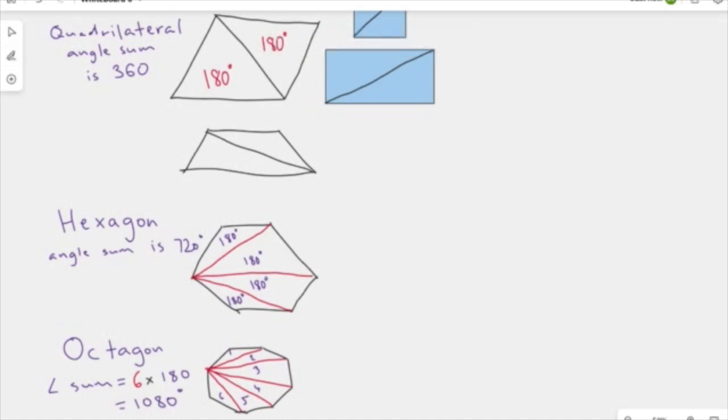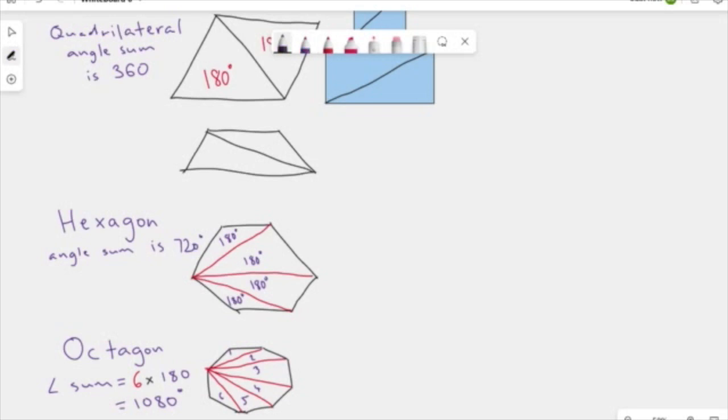So you can see, I'll get rid of this so you can see, our quadrilateral had 4 sides and we made 2 triangles. Our hexagon had 6 sides, we made 4 triangles. And our octagon had 8 sides, we made 6 triangles here. Now, this is a pattern we observed going all the way through, and I urge you, draw some massive sided shapes and do the same thing, and we will get this pattern where the angle sum of our